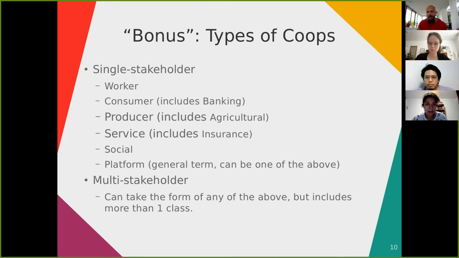So again, it's a very interesting phenomenon because you're including, say, municipalities. I'm sorry, actually, I made a mistake. This should be in the multi-stakeholder category because generally they are multi-stakeholder. They can be single stakeholder, but generally a social cooperative is a multi-stakeholder model. So these last two, I made a mistake there actually. The last two should be in the multi-stakeholder category, but as I wrote here, it's a general term. It could be one of the above as well.